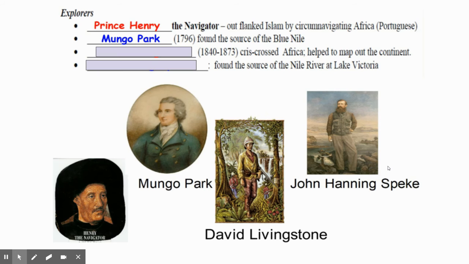When you talk about Mungo Park, going back to the 1790s, he is the man who basically followed the Nile River to its source, and he found the source of the Blue Nile. Hence, this is going to become important as far as the British, as far as their desire to control the river for trade and such, and why at some point in time the British are going to want to colonize that.